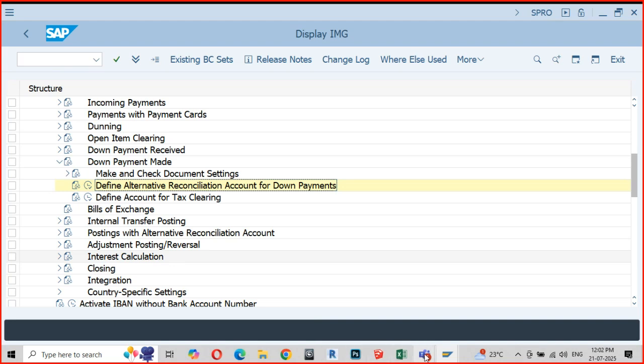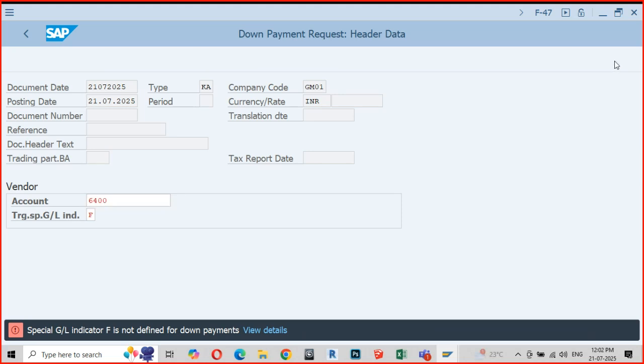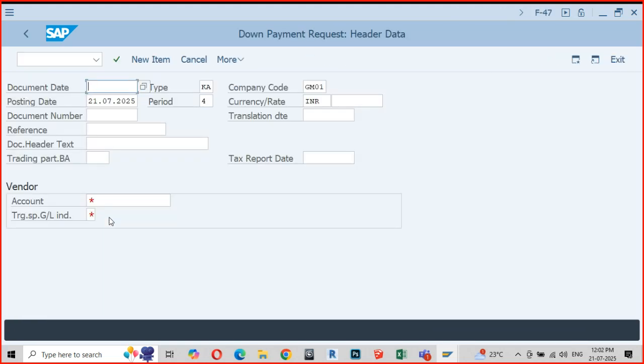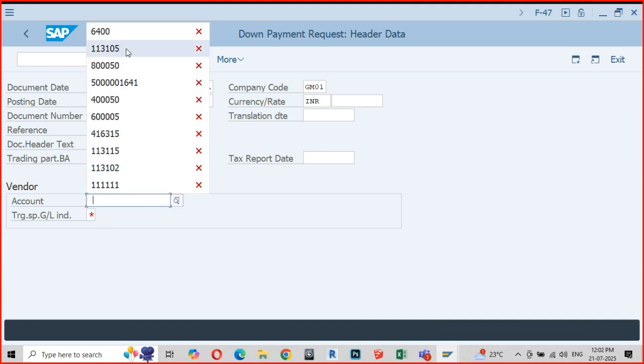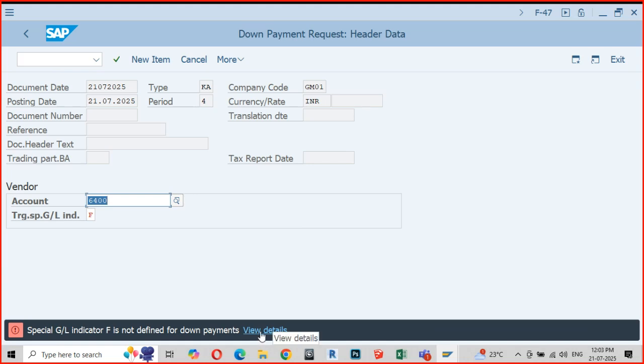Now let me see if this operation is successful. Let me just check. Okay. I'll go back and re-enter. Guys, please do not break your head on this. This needs all the required fields filled in. Okay. Oh, okay, okay.